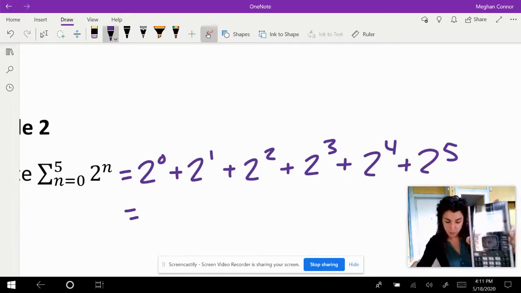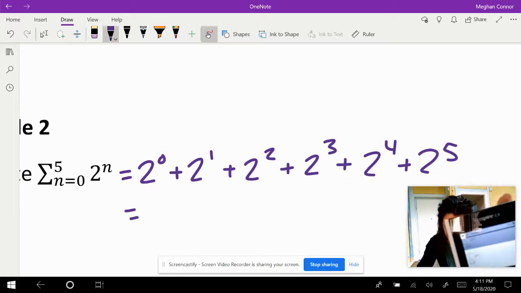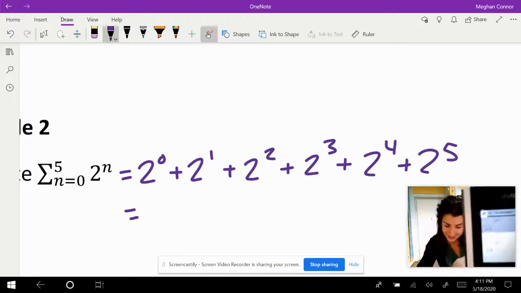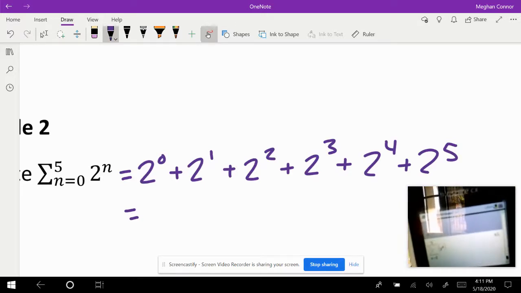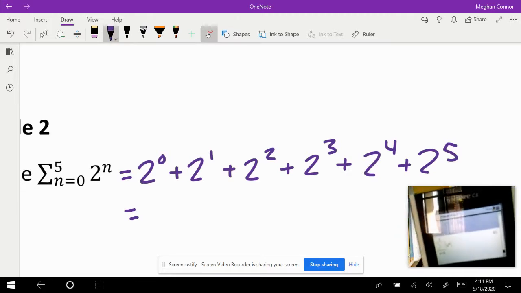Okay, so this is a real challenge to my spatial awareness. Okay, so